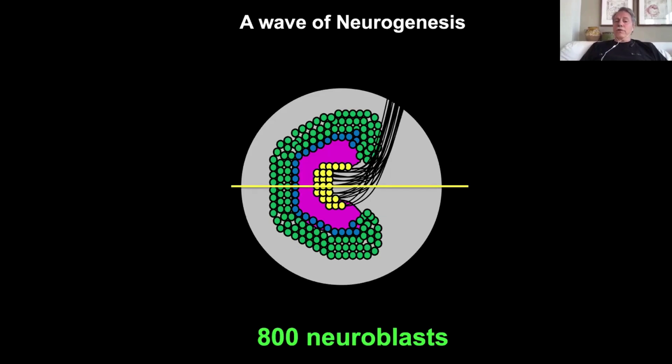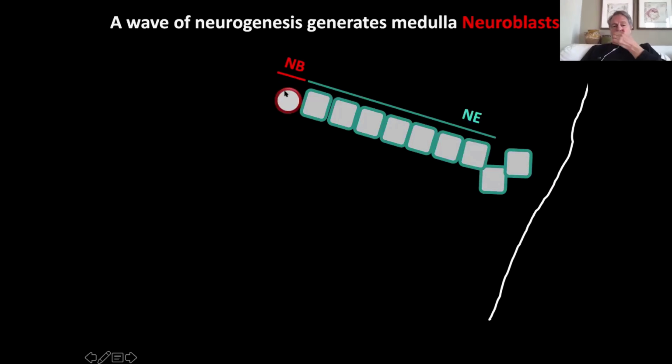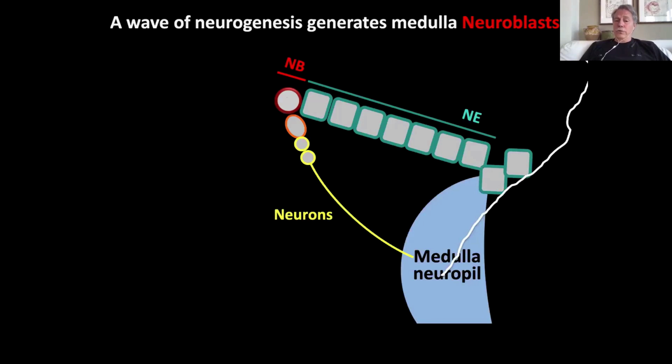Okay? So if you make a cross-section and you look at 90 degrees, again, the neuroepithelium is here. And you can see this neuroepithelium will become a neuroblast. And neuroblasts do what stem cells do. They divide asymmetrically to give rise to a GMC, an intermediate precursor cell. They divide once more to give rise to 2 neurons.